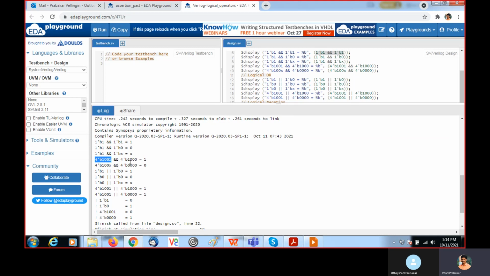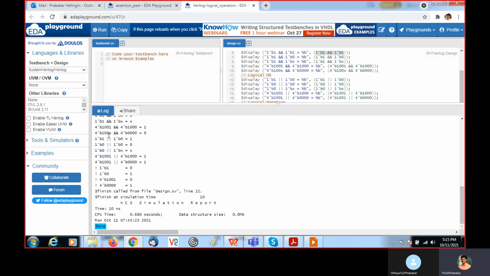So 1 logical AND with 1, you will get 1. The same way, but here this will be considered as 0, as all the bits are 0. So this will be considered as logic 0, and this will be considered as X. So 0 AND with X, you will get 0. Either it may be 0 or 1, if you perform AND, you will get 0.